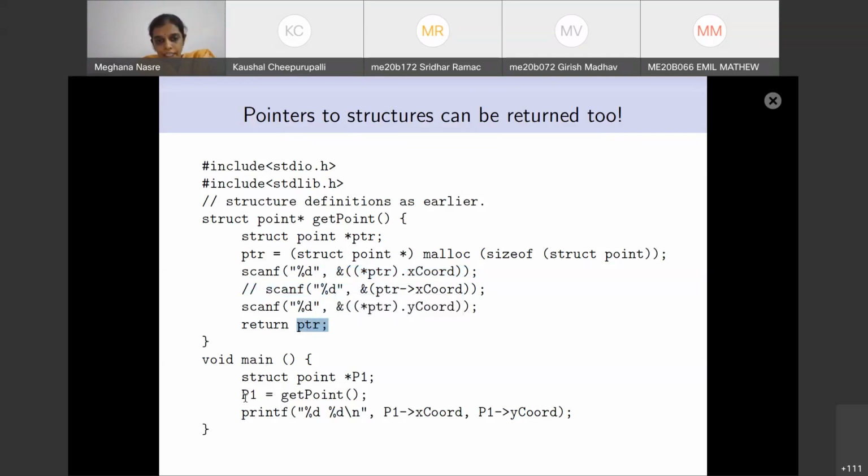And then when we take that pointer into main, that is, we are assigning it to p1, then p1->x_coord and p1->y_coord will allow us to nicely print out the x and the y coordinates of the point that we have taken. So any questions here or any comments? This is, again, very similar in spirit to what we had done for the mean and average program, but now dealing with structures.